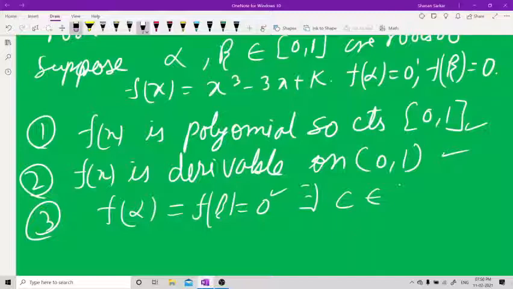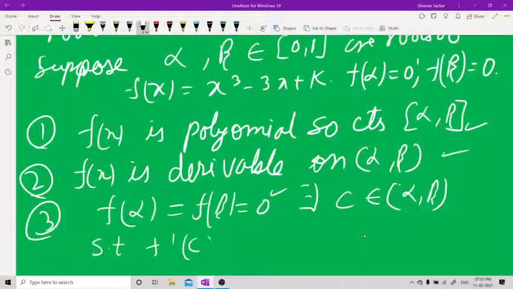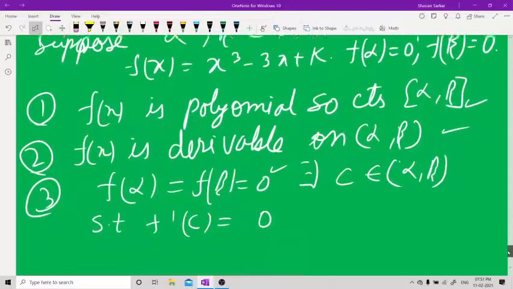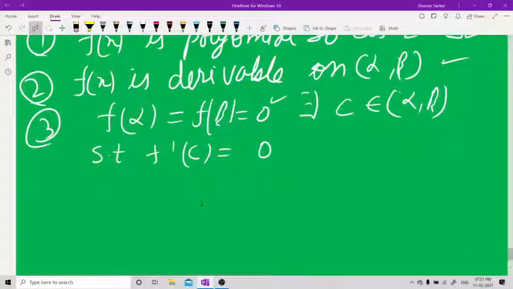I should not take 0 1. I should take alpha beta. This is alpha, this is beta. Open interval alpha beta, such that f dash c is equal to 0. Now f(x), now listen one thing, before I make you understand this question,